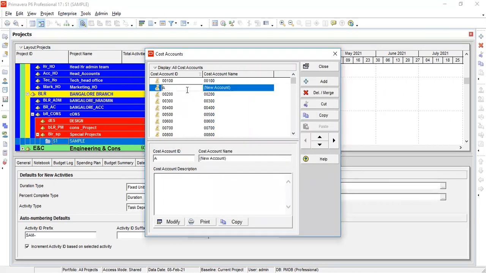Here, a sample, S1. Sample. Okay, and then here add option. In case, P1, project.